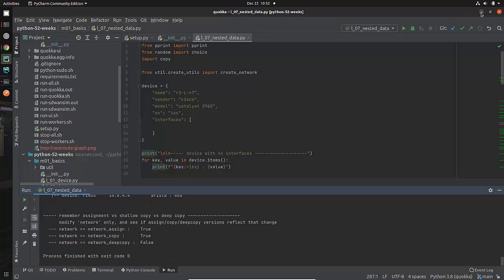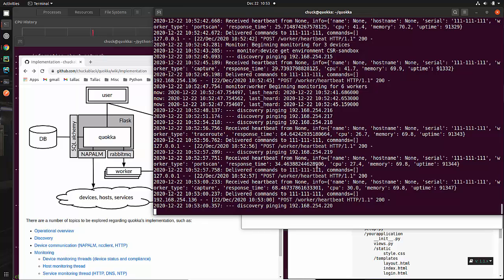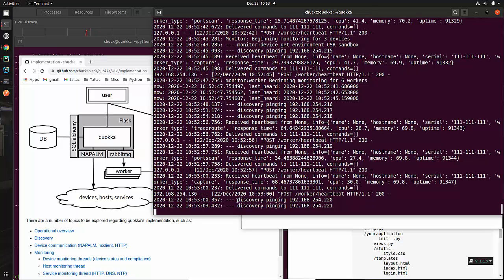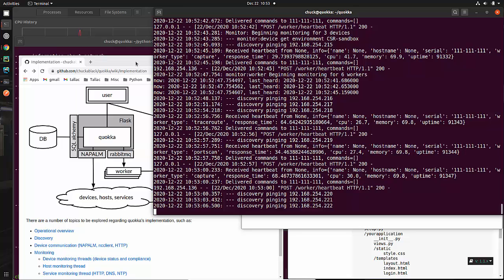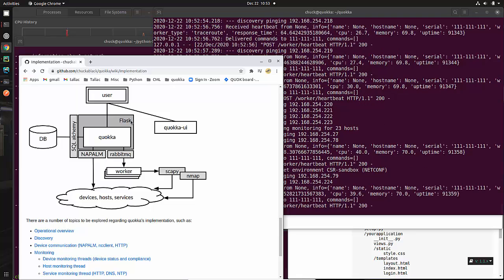Clearly, in the environment in which we are running, where we want things to be up and going for a long time, that's not what we're interested in. We want something that lives and continues to run forever. Now we can write an application that basically does that, but we also want it to be able to provide user interface type data so that we can provide for something like this. We want it to be able to run in the background and do polling and discovering and monitoring and all this other good stuff. And so that's why applications like Flask, you may have heard of Django,